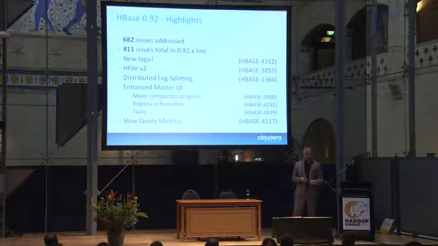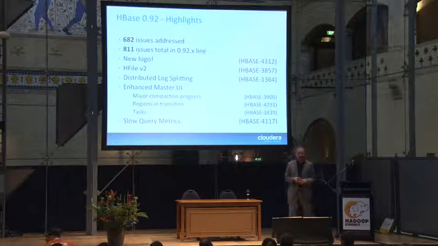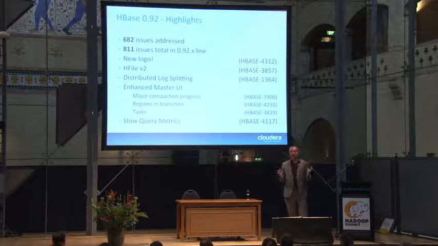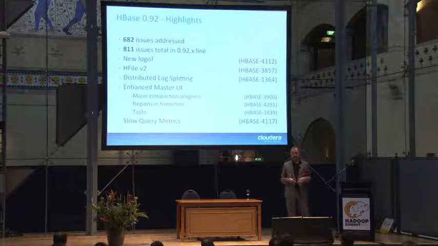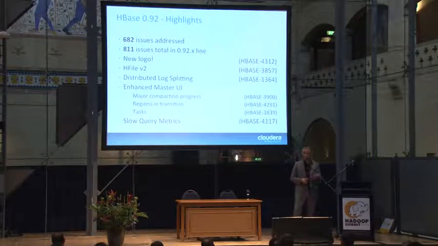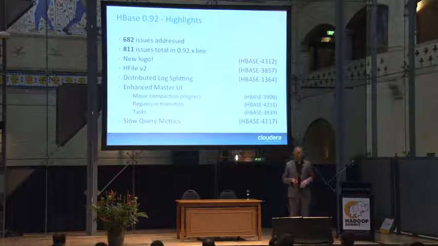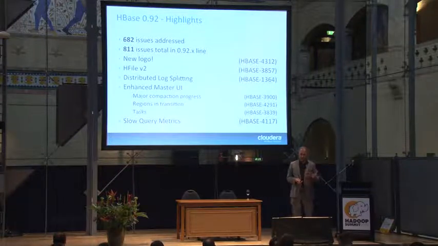Another feature that went in that I also didn't document in my book is the slow query metrics. We always had this trouble that sometimes you would issue a query and it would not perform as you would expect, like in the millisecond range, and you're wondering what's going on. You can now enable this log, see how many of those happen, and then start tracing back what's going on. That's the first step to somehow watching what's going on. And again, newer versions, you will see this in a second, have more of this. We will see this repeating. We're trying to get better at telling you what the system is actually doing.